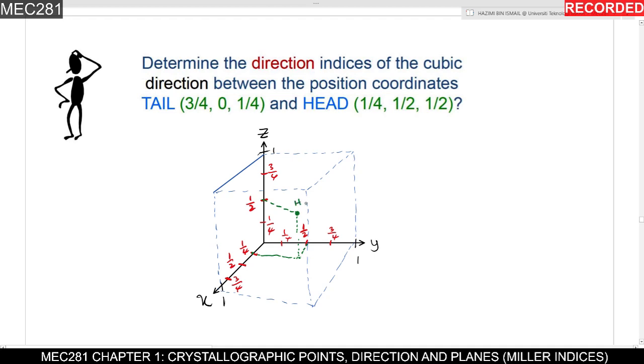Okay, and now find the points of the tail. So on the x-axis is on here, but for the y, okay, y is on the 0, and the z-axis is 1/4. So basically it is on here. X is 3 quarter, y 0 on the origin axis, and z is 1/4. So the direction here will become,